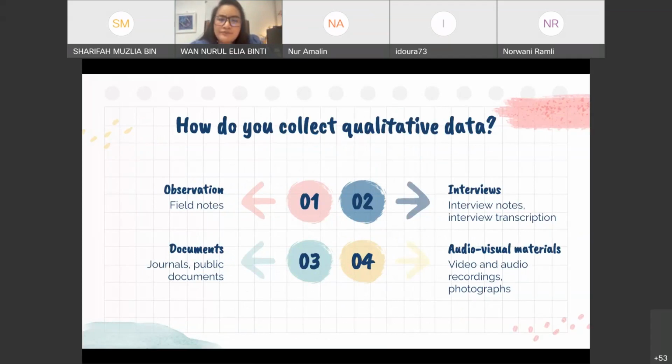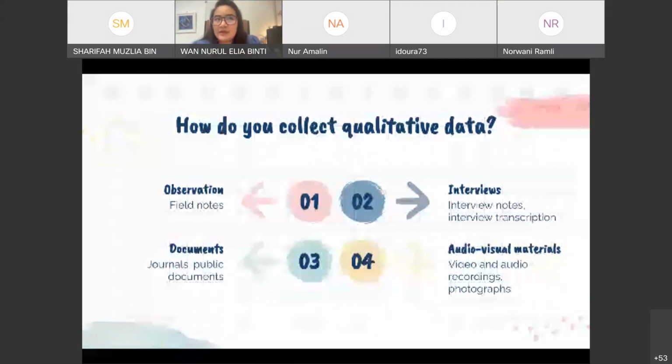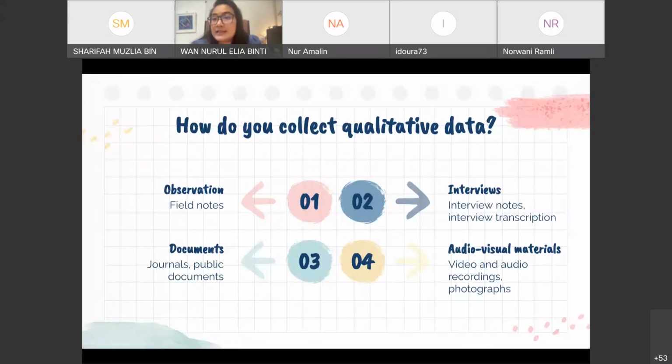So when we talk about observation, I think before we move on to the methods of qualitative data collection, the first thing that you need to decide is whether or not your research topic and your research question can be explored using a qualitative data analysis. All right, so you need to decide on that first. So it is not one size fits all kind of a thing. So you need to first decide what is the research design that you will have for your research, depending on how you phrase your research objectives, research questions, research problems, and what is your intention actually.